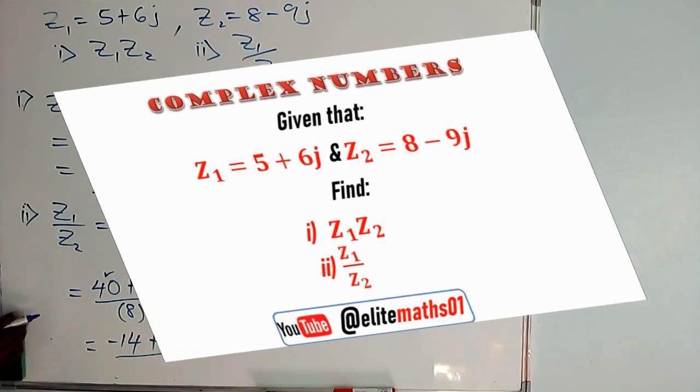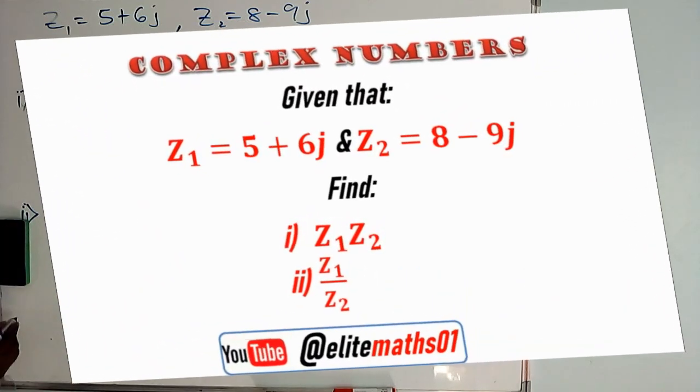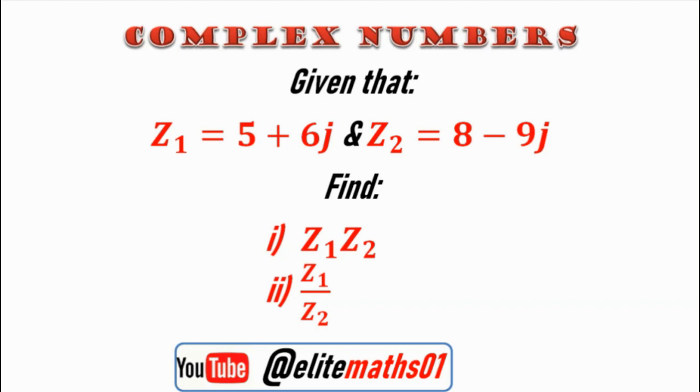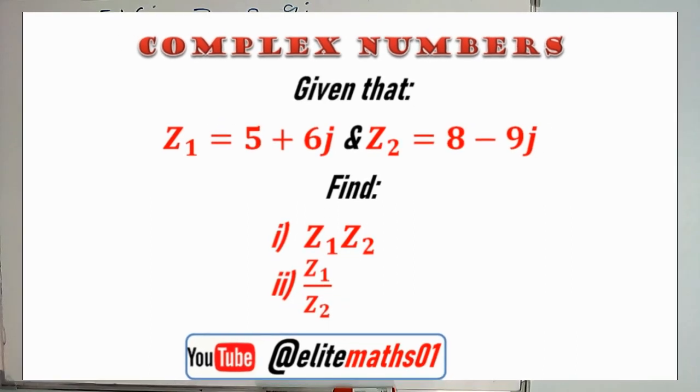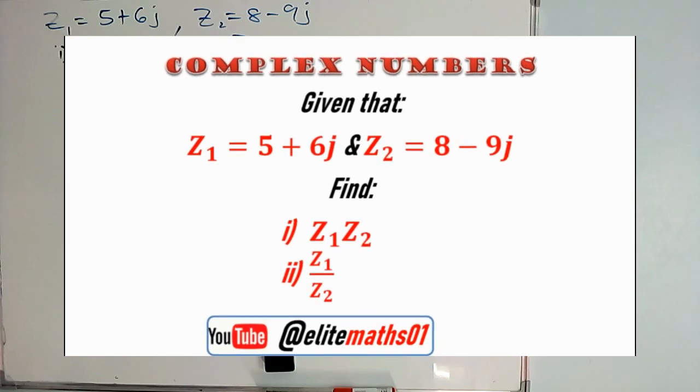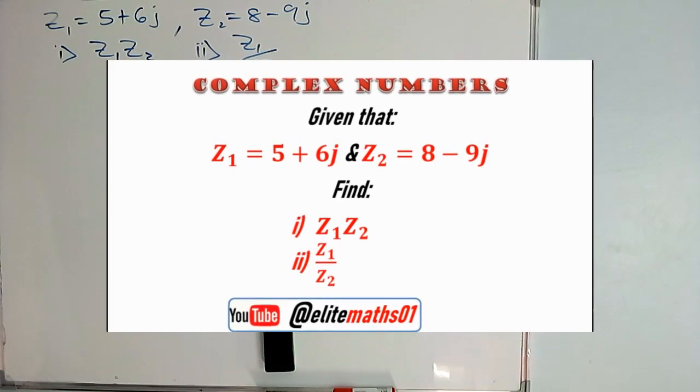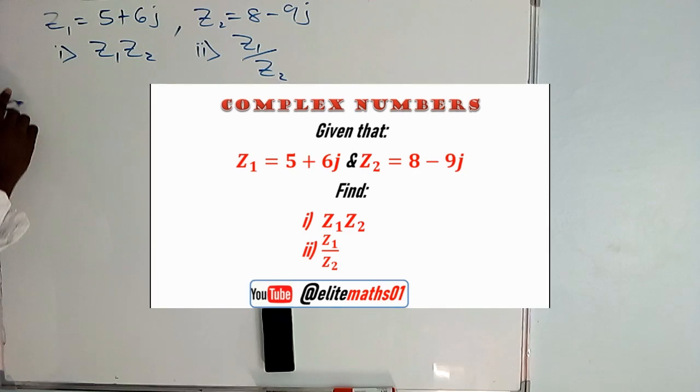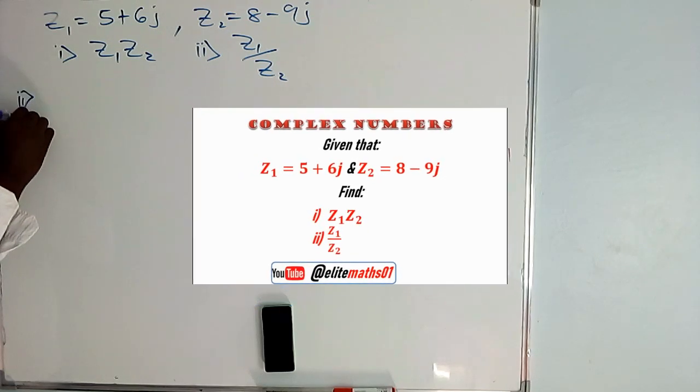Given that z1 is 5 plus 6j, z2 is equal to 8 minus 9j, find Roman number 1, z1 z2, then Roman number 2, z1 over z2. So you've been given